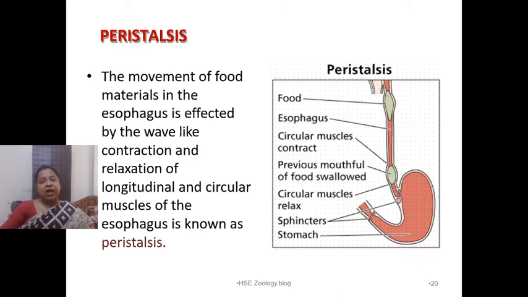or peristaltic action। तो esophagus में peristaltic action होता है। Peristaltic action क्या है, it is a wave of contraction and relaxation of the muscles, circular muscles which are present in the wall of the esophagus, right, and it brings the food down into the stomach,